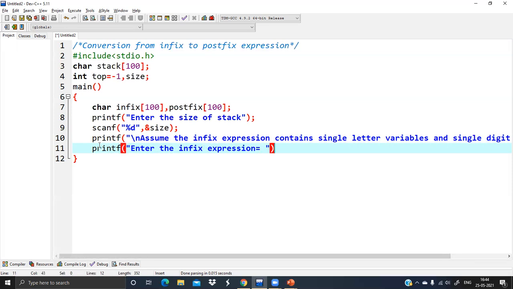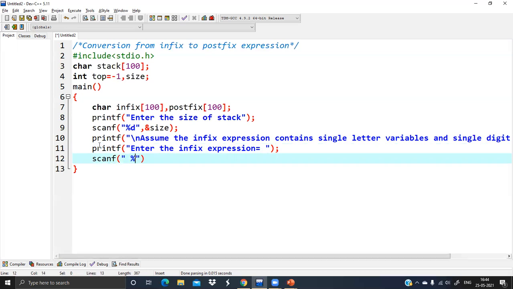After reading this input statement, the user will provide one string as input, which will be stored in the infix character array. I hope everyone has understood why I am not providing ampersand for a string, because a string contains its own address.